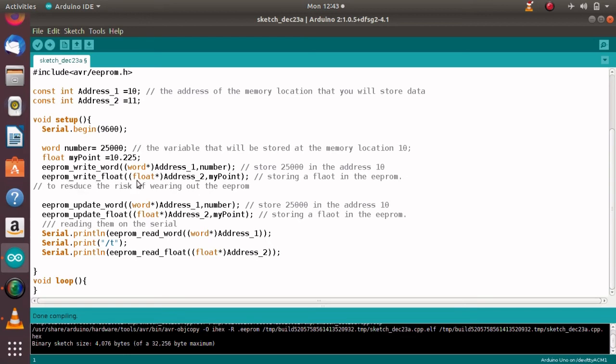So it's the same thing, but when you're using write, you have to note that you risk overwriting your EEPROM, which has a lifespan of 100,000 writes. So you risk wearing it out quickly. So it's better to use update. When you're using update,